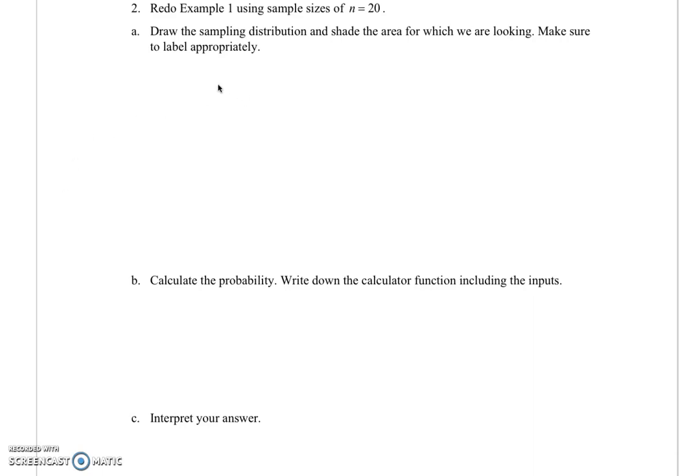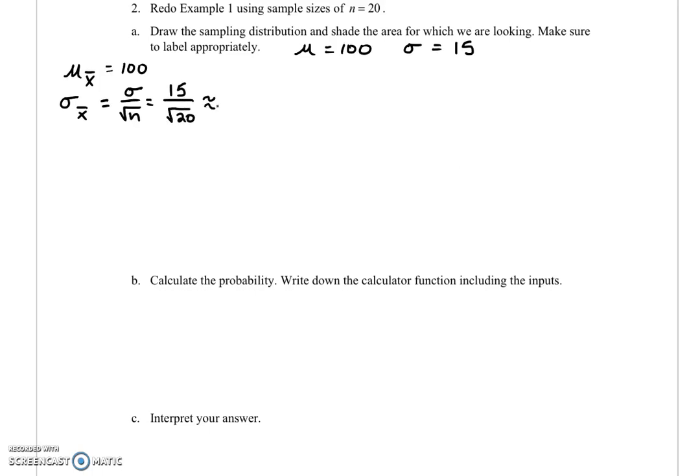Okay, so this is our second practice problem. We're redoing that first example that we had with sample sizes of 20. So remember, we had a sampling mean of 100 because our population mean was 100 and our population standard deviation was 15. So our sampling standard deviation, or the standard error of the mean, is the population standard deviation divided by the square root of the sample size, which in this case is 15. And now it's divided by the square root of 20, which is approximately, grab the calculator,